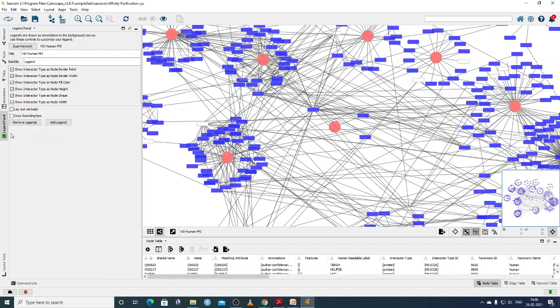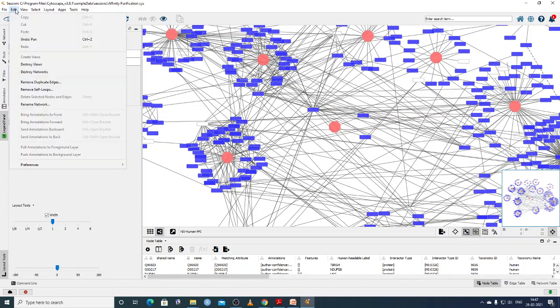Then there is a legend panel, and here is the layout tool. Under edit you can find different options. One by one we are going to see these options, but just for your understanding I am trying to cover what the different options are.